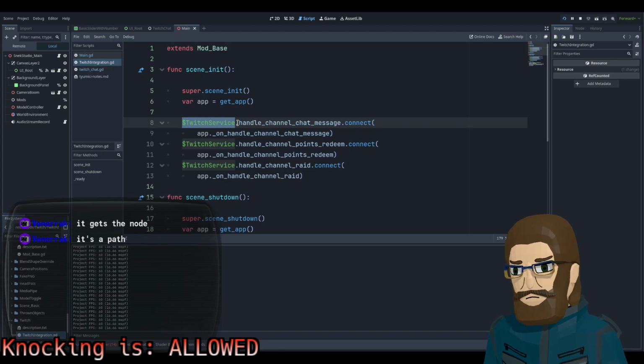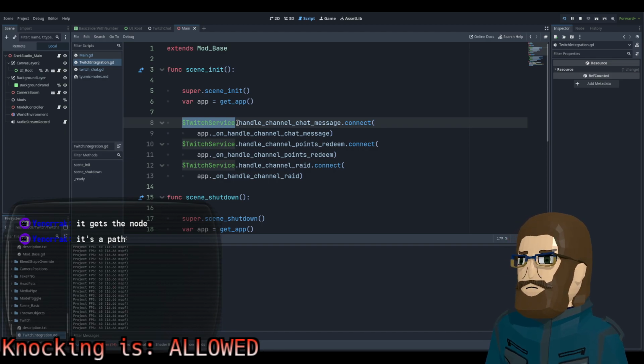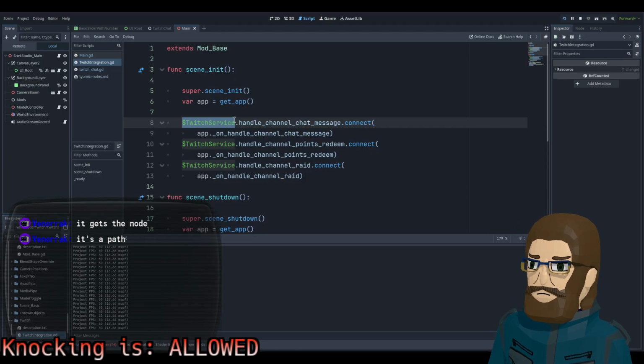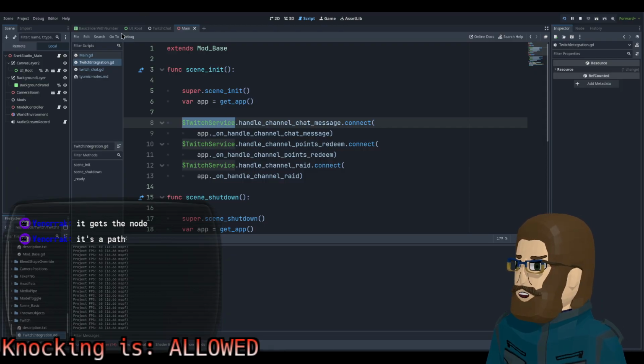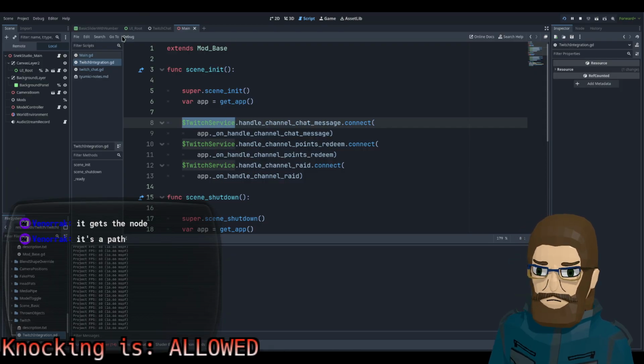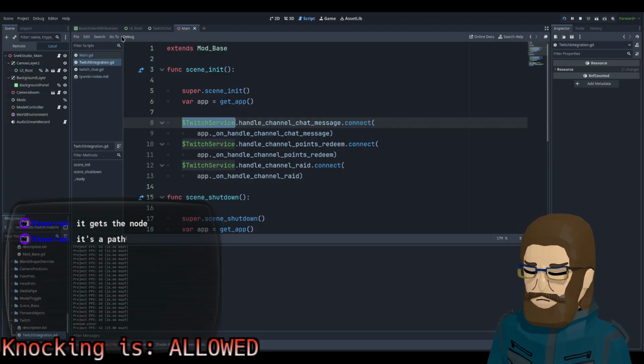It gets the node's path. Oh. The whole node thing is like, brother, I don't even know.